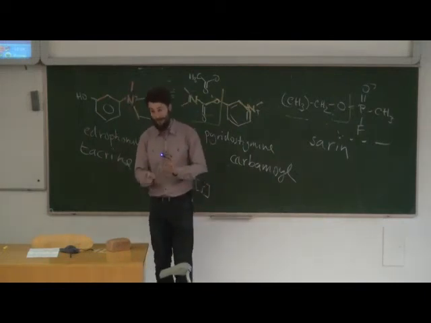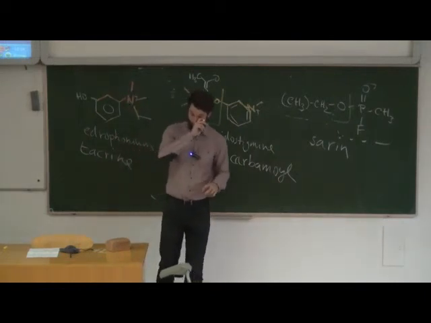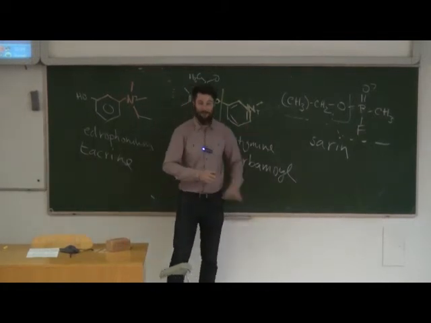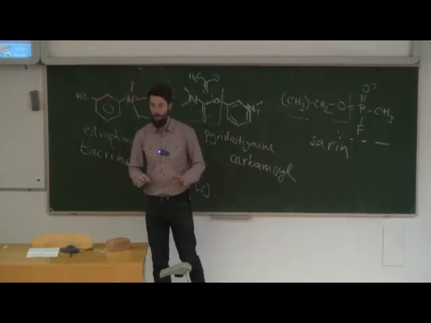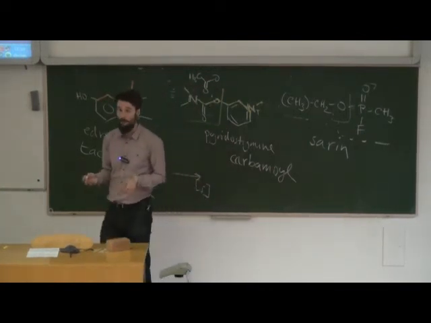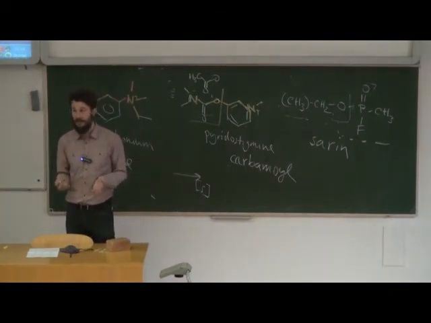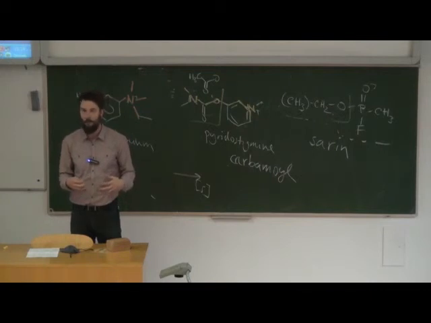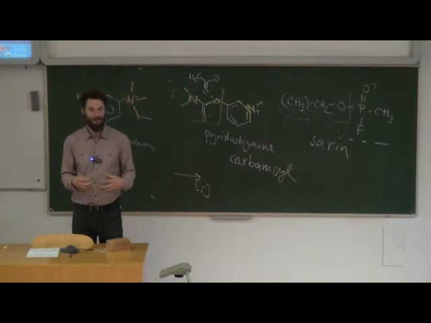I can't really go into the mechanism now, but we'll talk about it in a month or so, okay, how that actually happens. So what you get, if all your acetylcholinesterase is completely blocked, you get a paralysis of your muscles. And obviously, for your life, there's one important muscle that you need in order to be working. Which muscle am I thinking about? It's not the heart, actually. Because a muscle. It's a muscle.